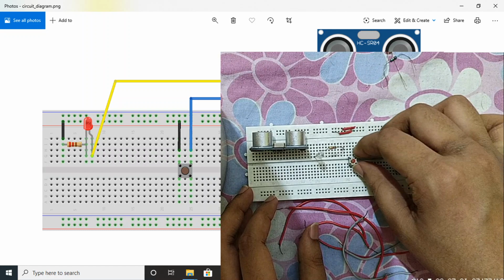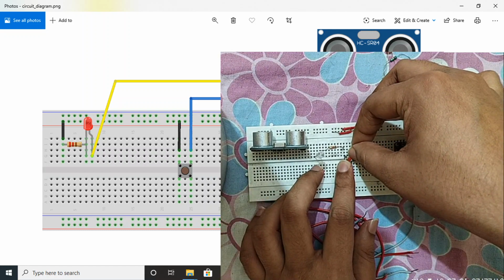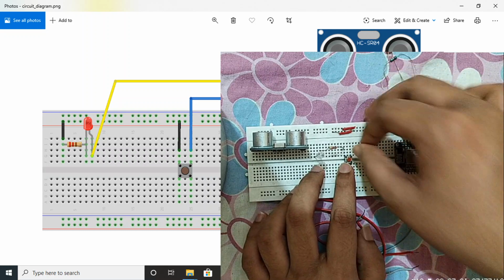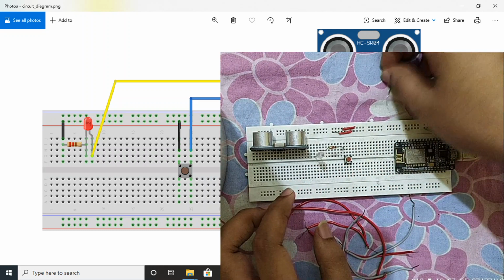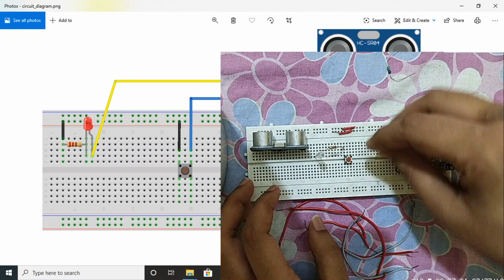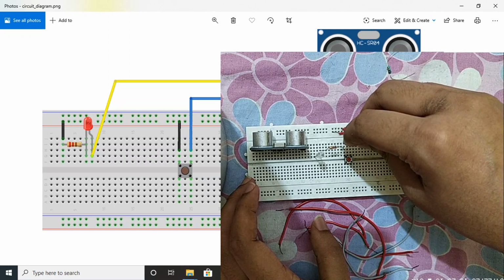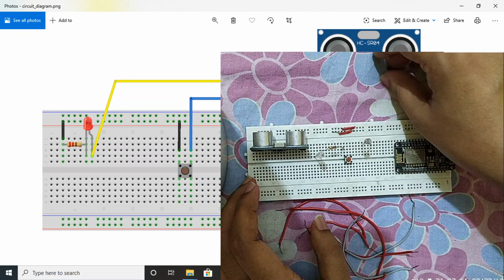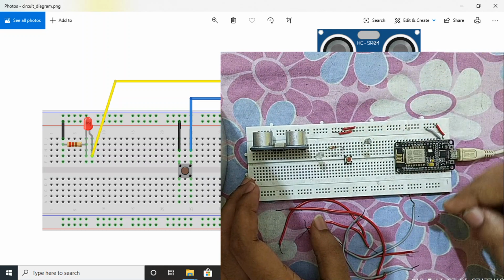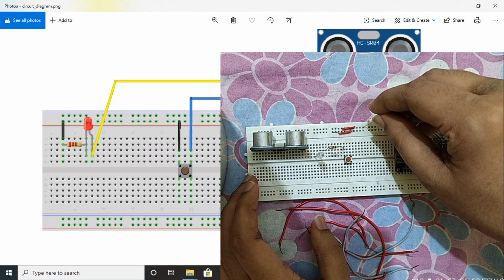So the system is basically for a single electric pole for that project, that smart street light system, and this LDR will detect the brightness so that it can easily figure out when is the daytime and when is the night. One end should be at the 5 volt rail.